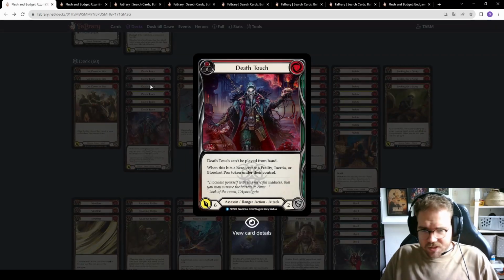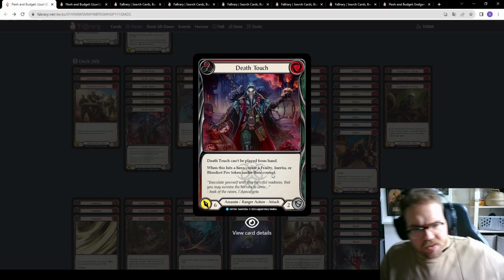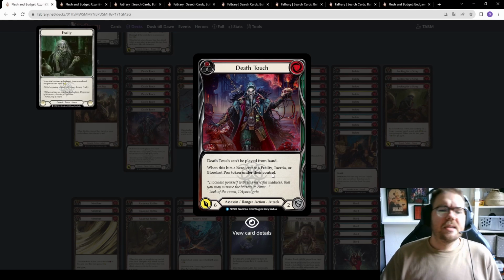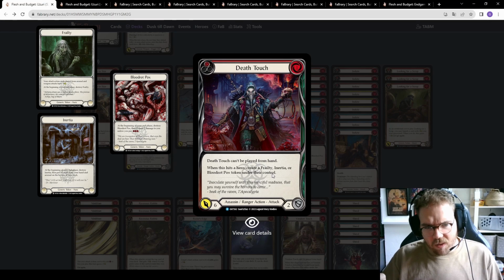Second one, Death Touch. Amazing card. It's a 1 for 6. So you can play it from the arsenal. Because it's 1, you can use Snapdragon Scalers. You can swap it in with the Uzuri ability. And it has a lot of flexibility. So you get the option to create one of 3 tokens. Frailty, Inertia, Blood Rot. And they all have